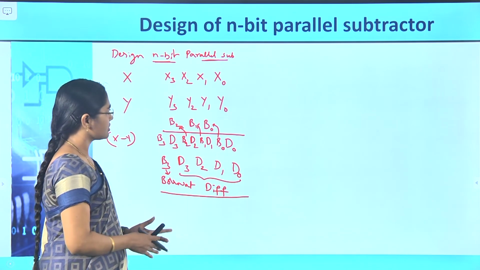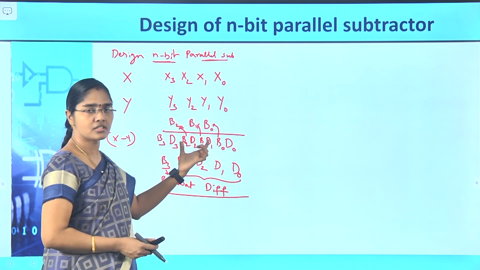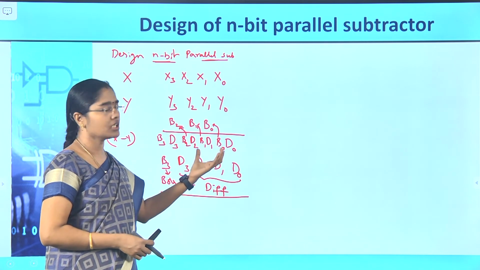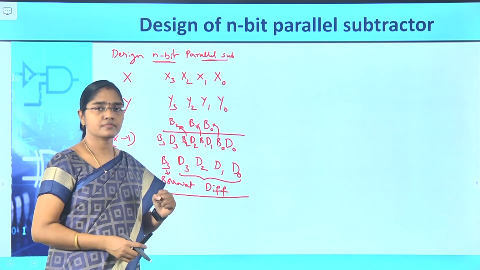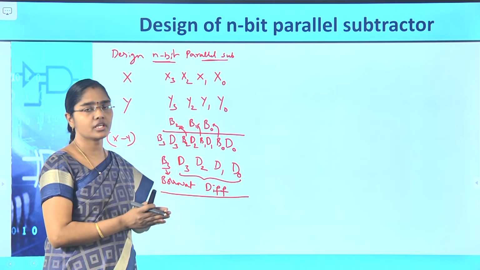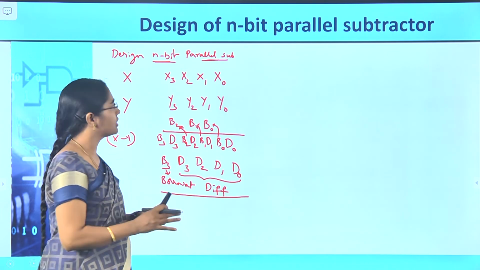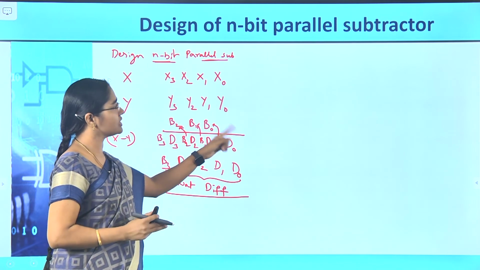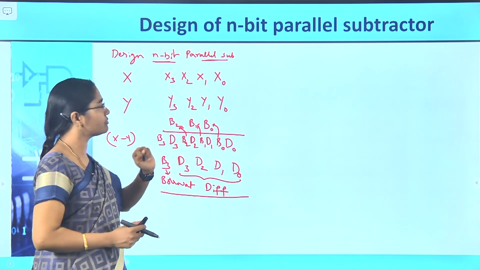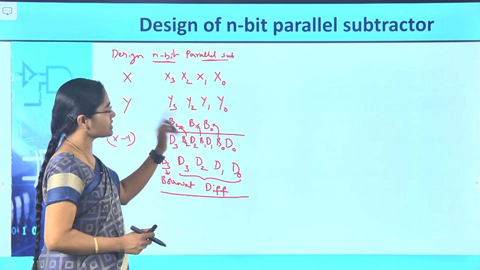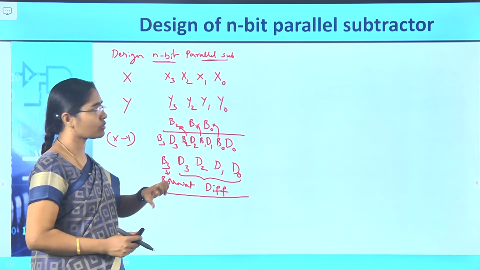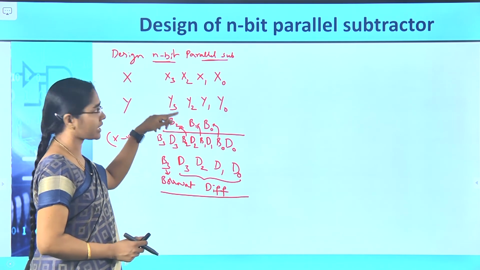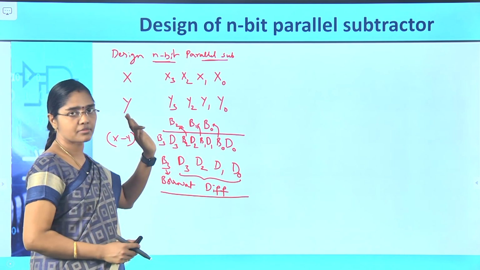So for this process, if we want to replace it with a logic diagram or block diagram, which logic circuits are used? Till now we have seen half subtractors and full subtractors. For doing a subtraction of x0 minus y0 without having any initial borrow, one half subtractor is enough. Then x1 minus y1 minus b0, one full subtractor is required. Then x2 minus y2 like this. This column also has 3 bits, so full subtractor. This column also full subtractor.